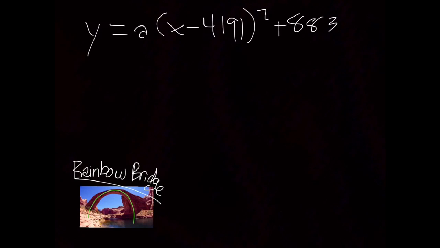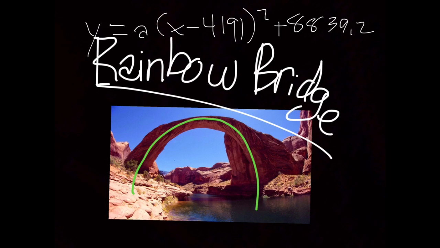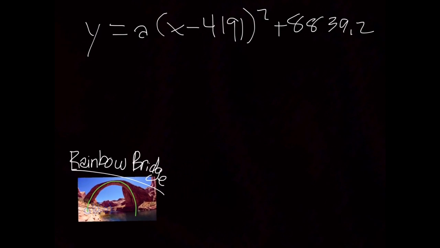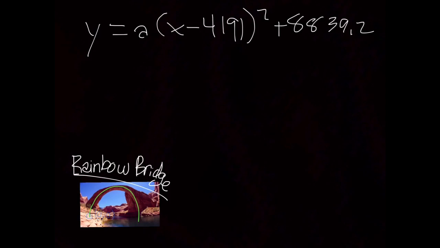Okay, so we have y equals a(x minus 4191) squared plus 8839.2. And we got the 4191 and the 8839.2 from the vertex. So now we need to find what a is, and we know on the bridge right about here the coordinates are 0 and 0 because that's the beginning, so we can plug in those values into our equation